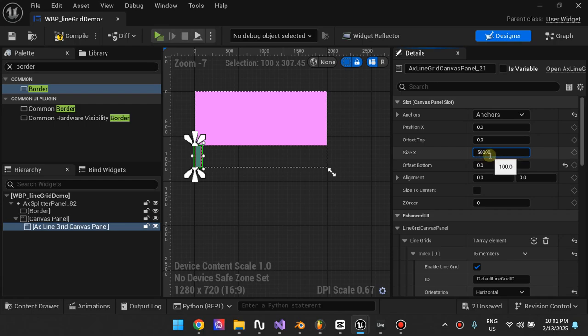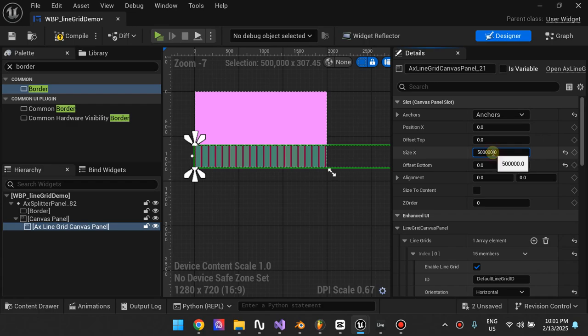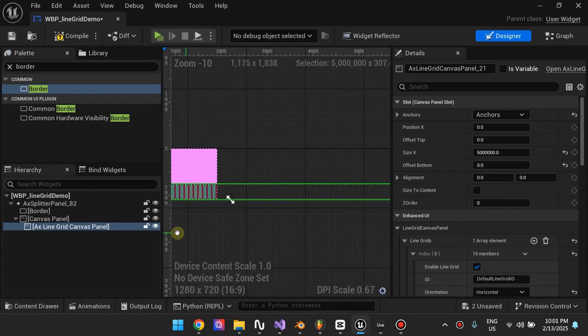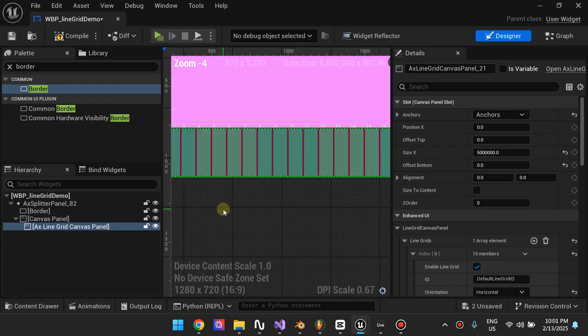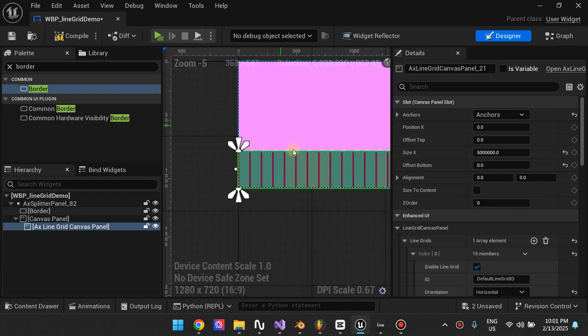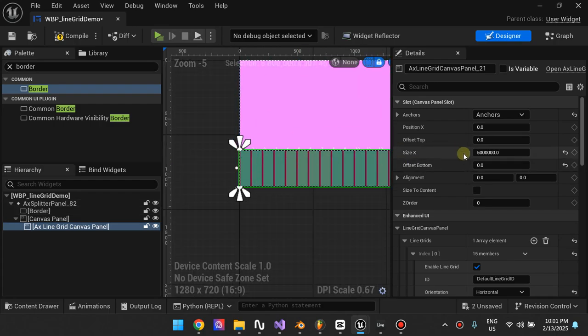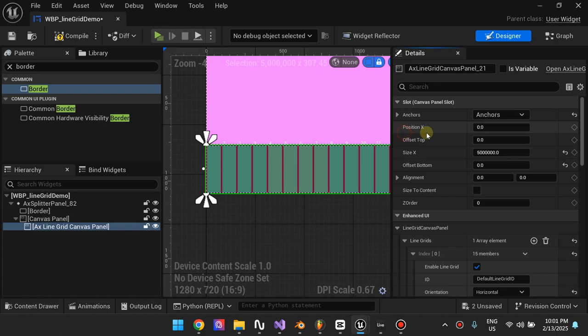Okay, that's 500,000. Let's go for 5 million. This doesn't affect your performance if you have 5 million pixels. I'm not going to scroll all 5 million pixels, but I'm showing you that even if you have 5 million pixels, you can still scroll. Watch the numbers if you doubt I'm scrolling. So if you change this position X,